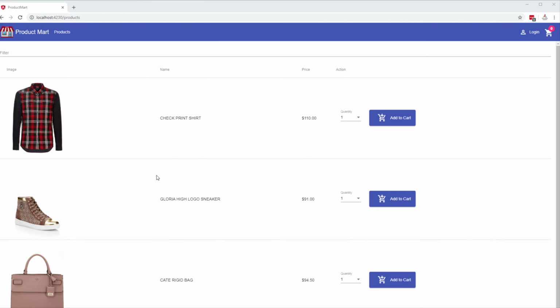This is our requirement. So once you finish this session, then you should have an app where you do not log in and add a couple of items to the cart and try to navigate to the cart page, then you should be navigated to the login page. So this is our requirement.